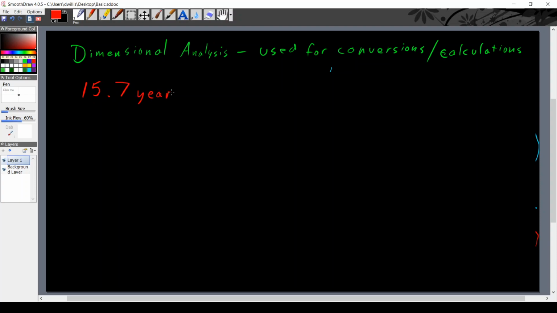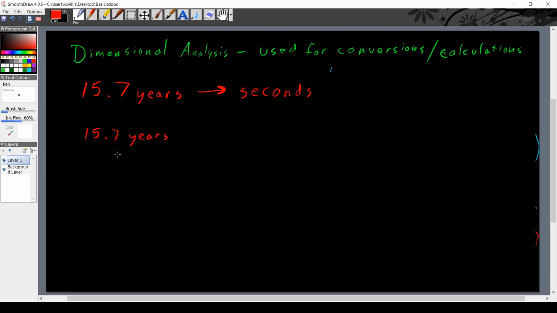What if I have a student who is 15.7 years old, and I would like to know how many seconds that student has been alive? Okay. All right, well, do you happen to know the conversion factor for years to seconds? No, me neither. Hey, so what we're going to do is we're going to put 15.7 years